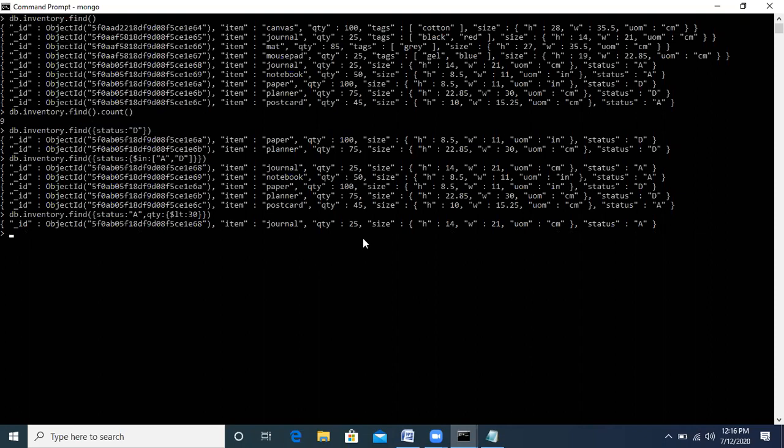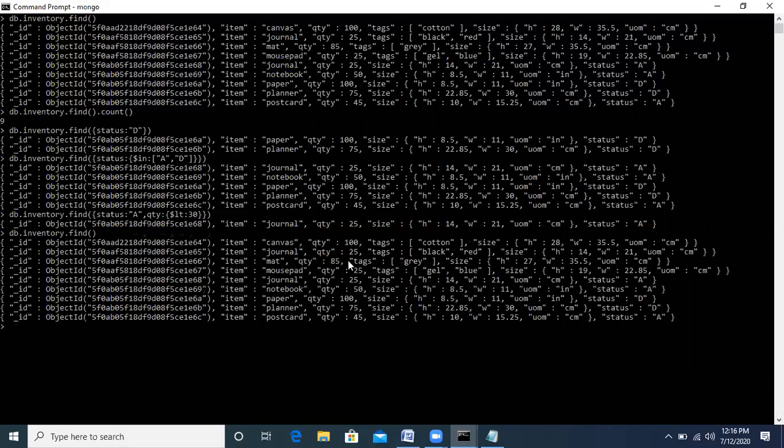And if we look at the database, suppose db dot inventory dot find, we have a total of 9 documents, and if we look at the quantity field and check for less than 30, there are 1, 2, 3, only 3 records.